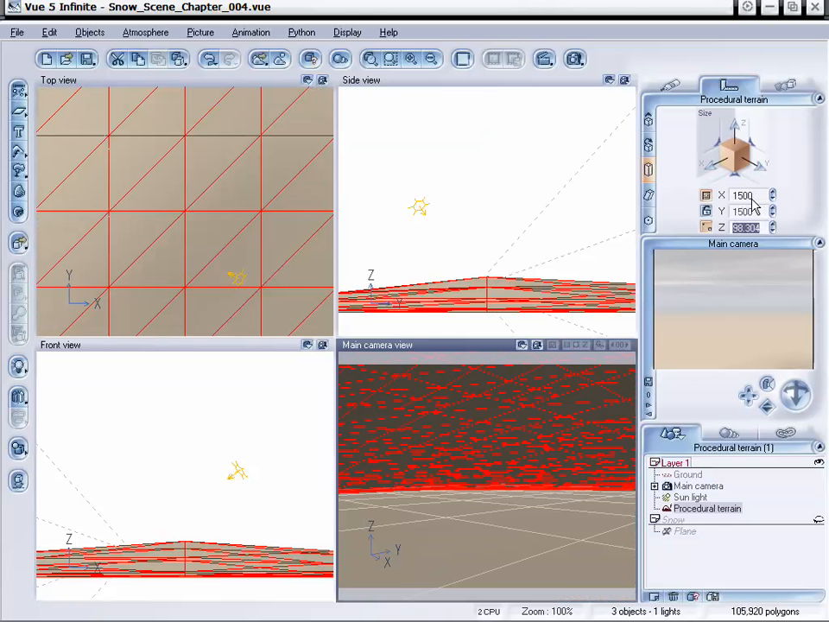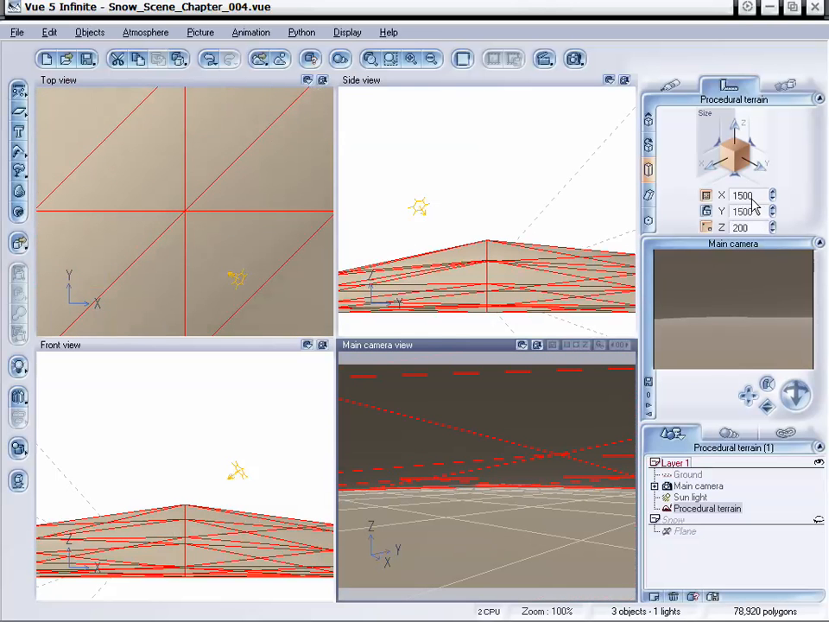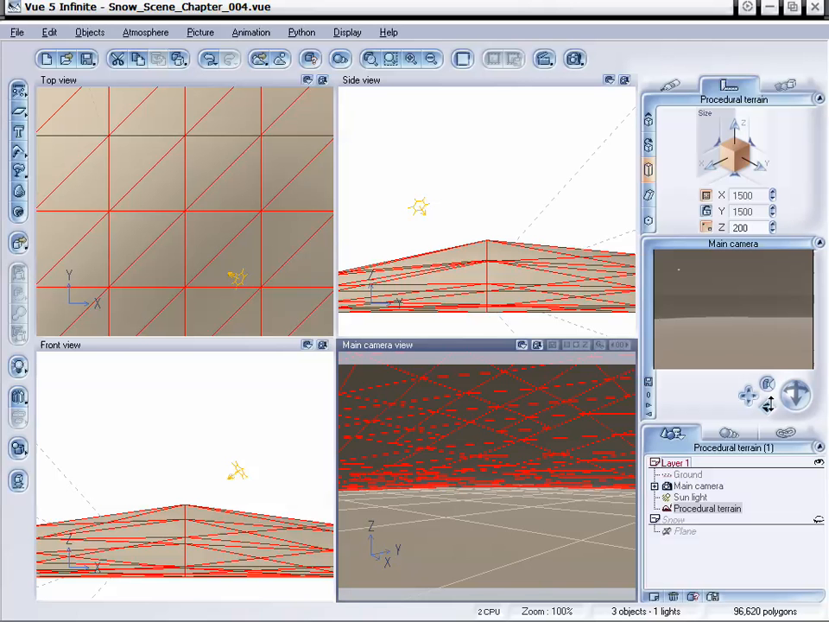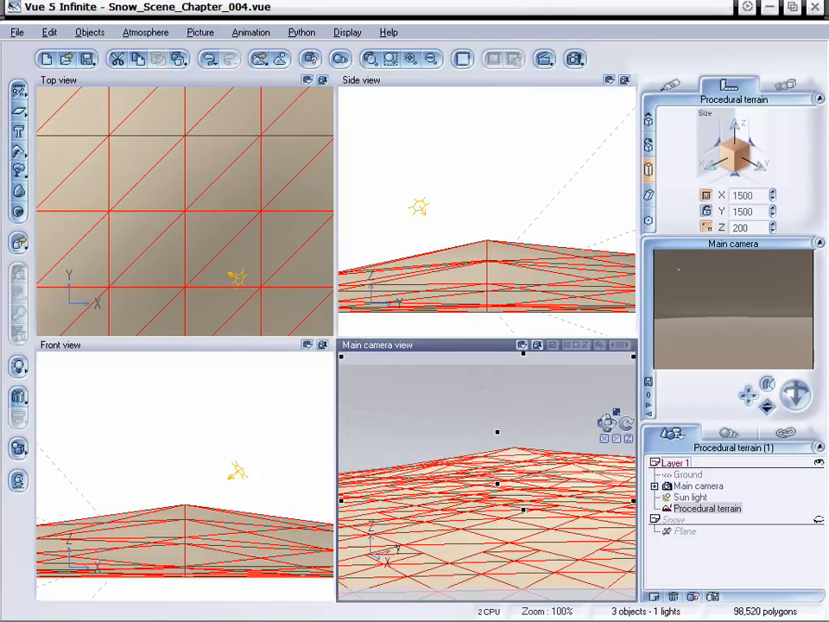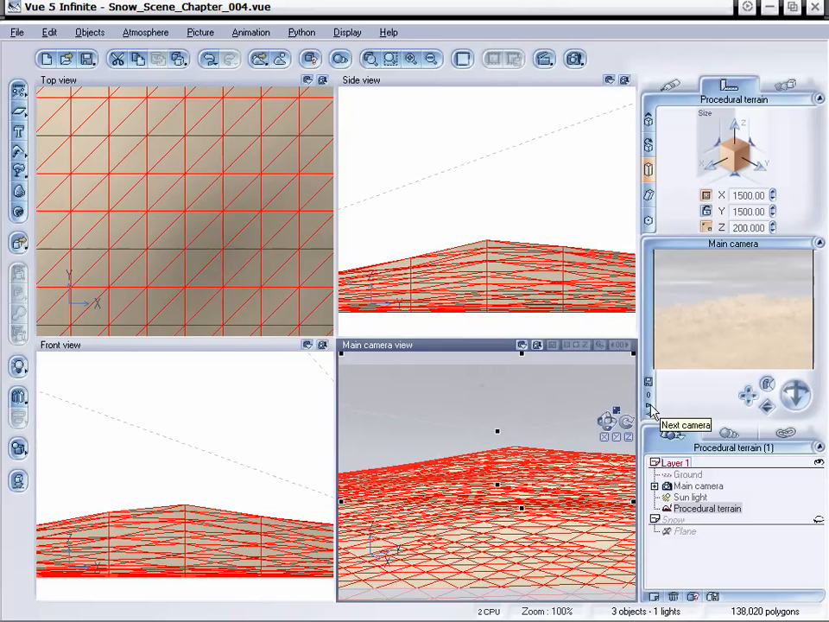Now another thing too is we also need to edit our Z, because we're not just working with a two-dimensional object anymore. We need to scale it up on every single level. So we're going to bring our Z-axis up to 200. And I'm going to just zoom out here. And as we can see, our terrain is a little bumpy, and it might be a bit much for a snow kind of effect. And although we are going to have a material on it, that procedural is still producing